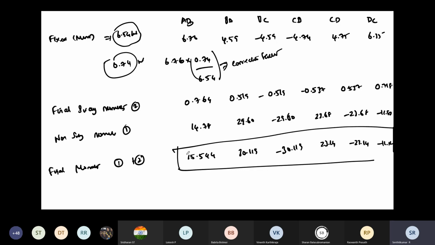Using this moment, again, you calculate the horizontal reaction. This time, surely you will get sigma H equal to 0, because we include all the moments. Due to the sway also, we include the moments. So finally, you will get the proper equilibrium condition using this. This is the overall procedure for solving the sway frames using the MDM method.